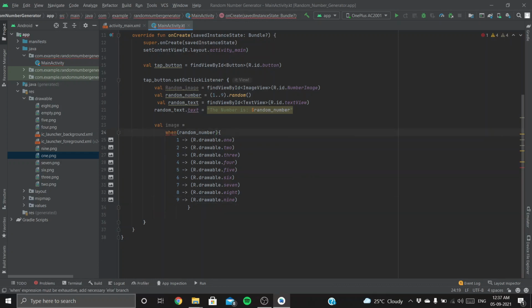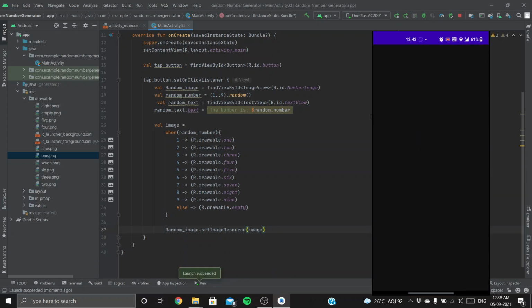We also need to have an else R.drawable.empty. This val variable image will have the name of the image. We need to add this to our image view, and to do that we can say random_image.setImageResource. Done. Now let's run our app.